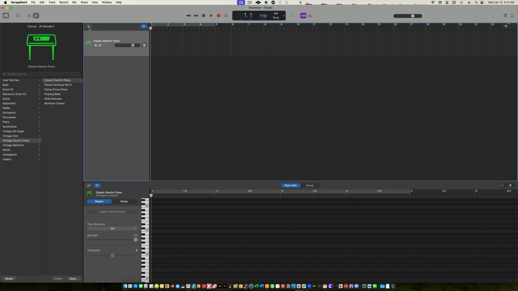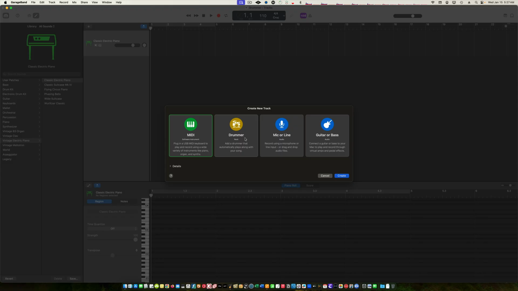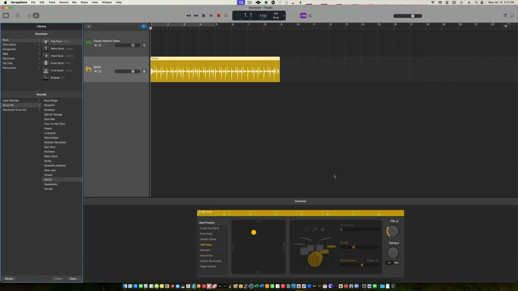First thing you want to do is go to the plus button, hover over that, and we're going to select drummer. And I'm going to show you a unique way that I work with drummers, just not using all the Apple loops because everybody uses them, but I'll show you a way to change them up and make them your own. So let's go create, and you have a drum track,